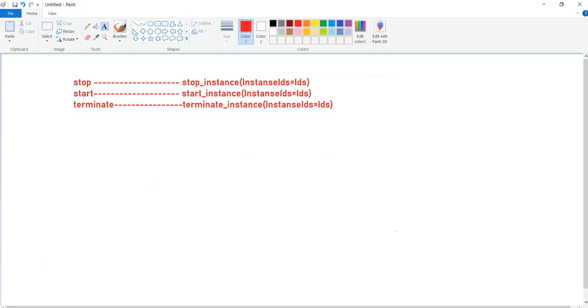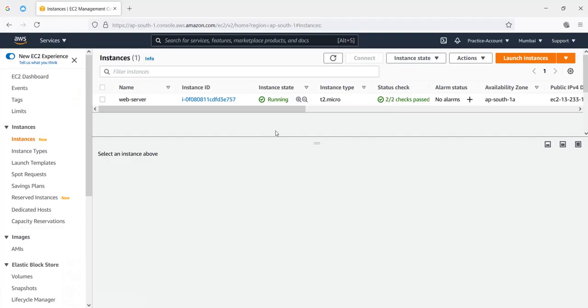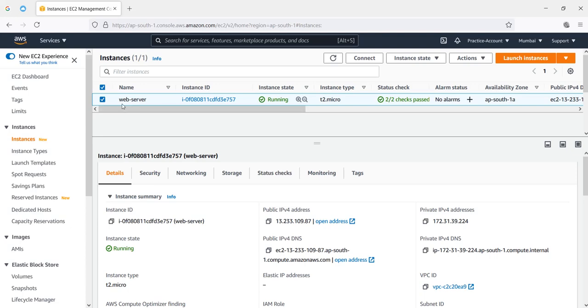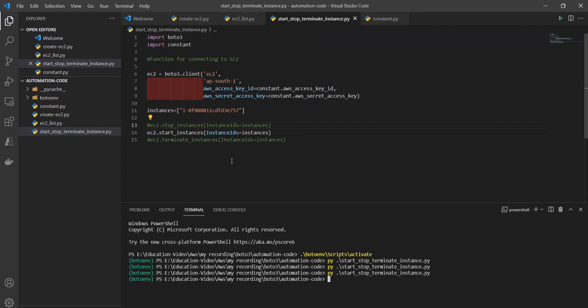First of all we will go to the AWS portal. Here we have created a web server, or EC2 instance. When you click on that you will get the instance ID. You need to just copy it here. These steps are common.